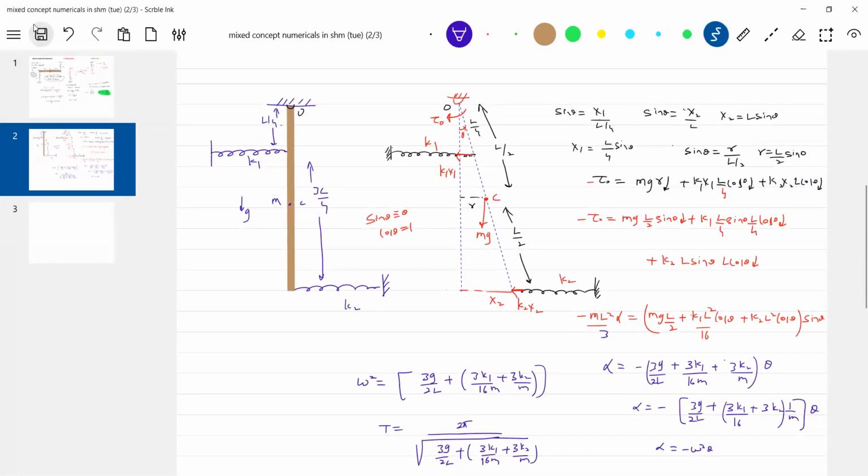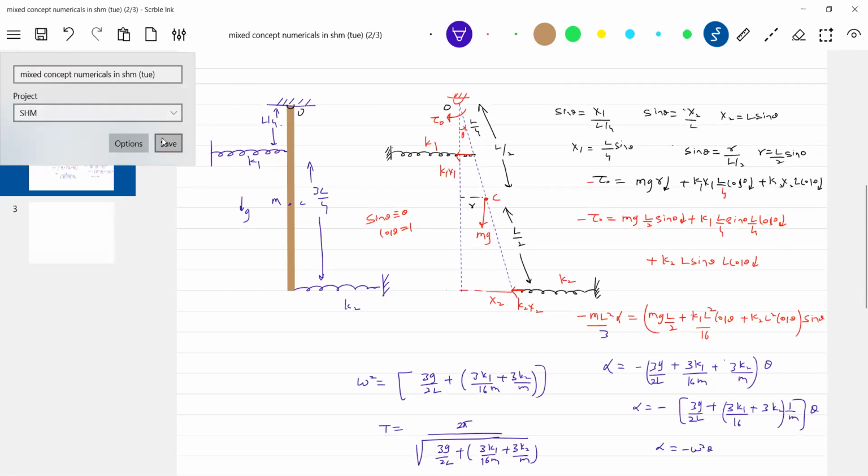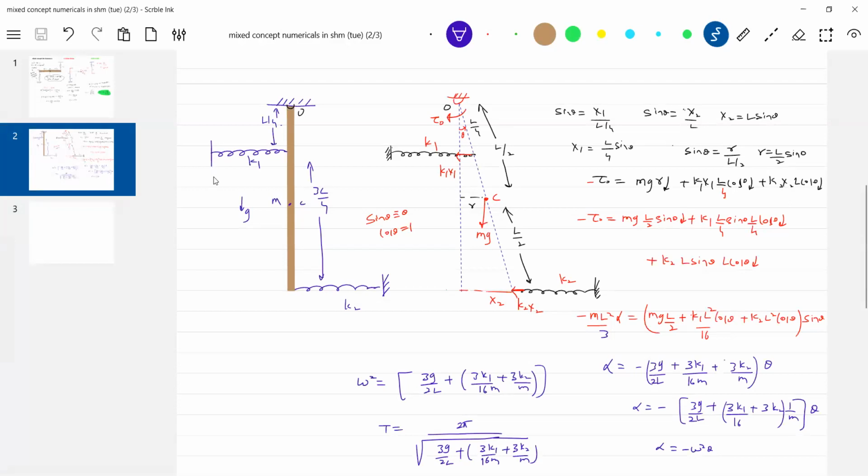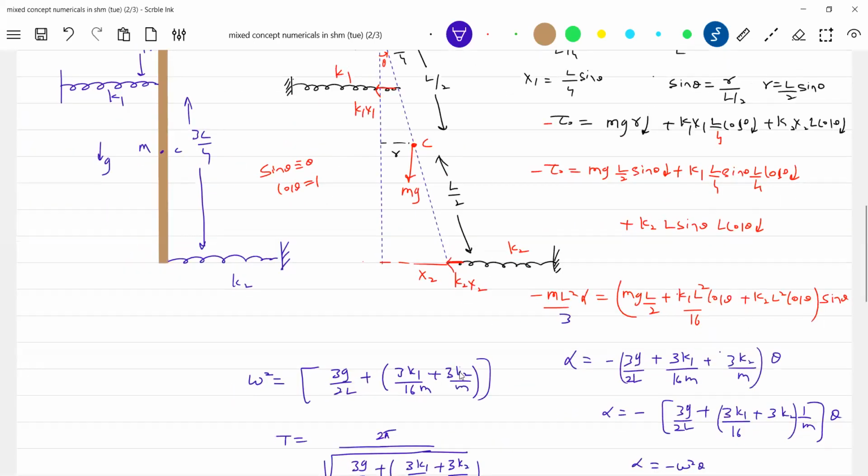See now. You may get different idea-based questions, so you should be ready for this. That's what I suggest. Not only rod, it can be any other thing. Once we do it for a rod, I can bring any other object also. Okay, I'll scroll down. We'll take the next condition.